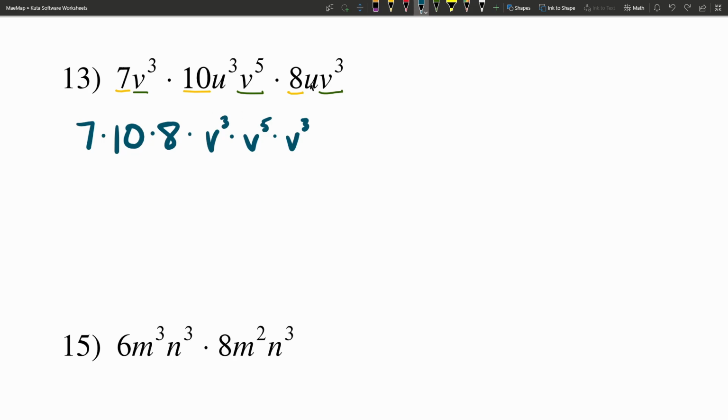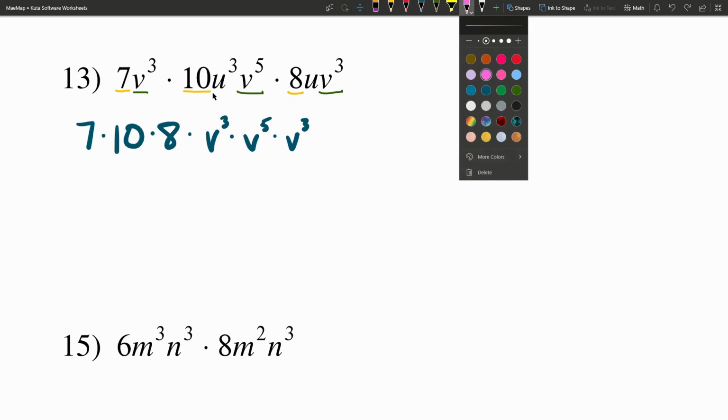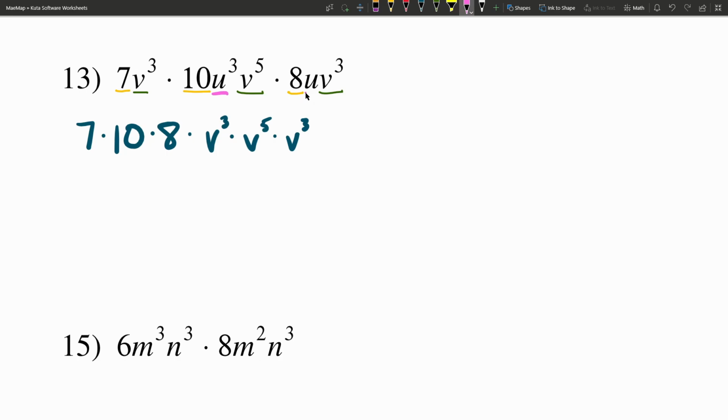And then lastly, I have two terms that contain a u. I have u cubed and I have u. So I'm going to write those as u cubed times u to the first power. Now it's just a matter of combining what I can. 7 times 10 times 8. Well, 7 times 8 is 56. Multiply that by 10, we're going to get